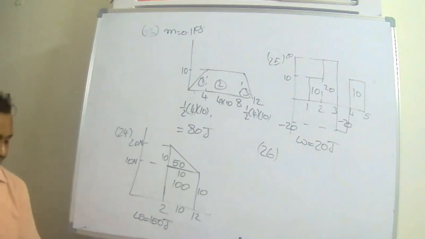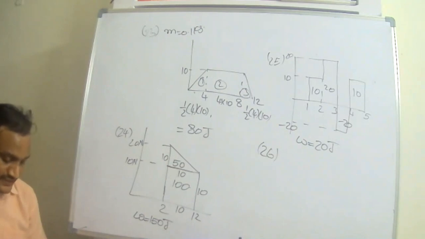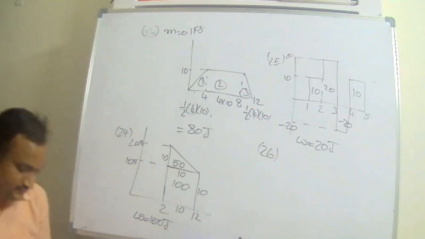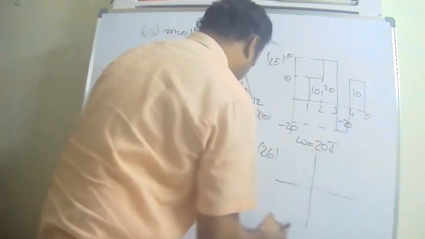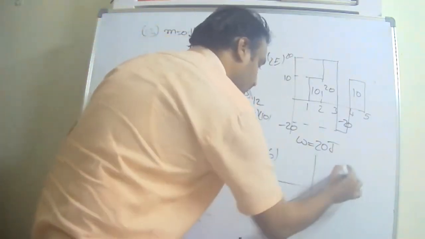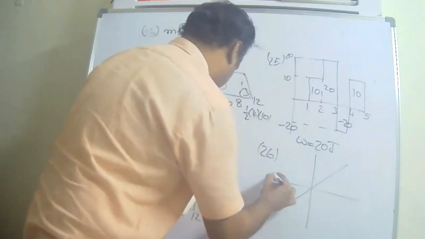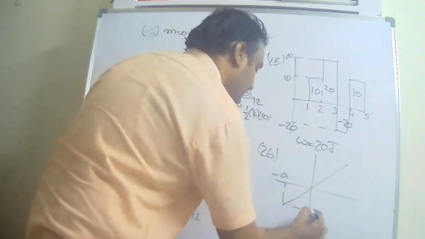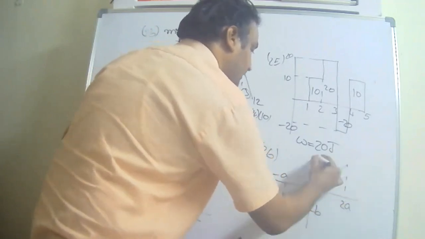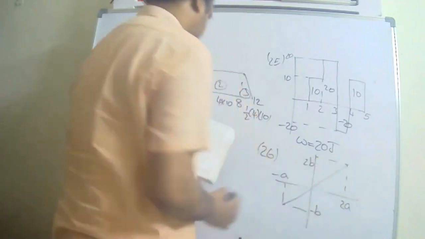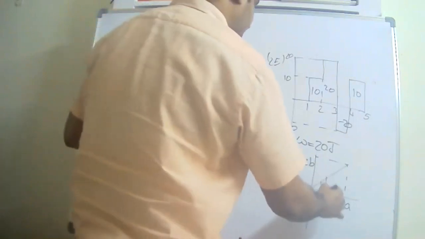Next, a force acting on a particle varies with the position x as shown in graph. -a, -b, +2a, +2b. So area under the graph,